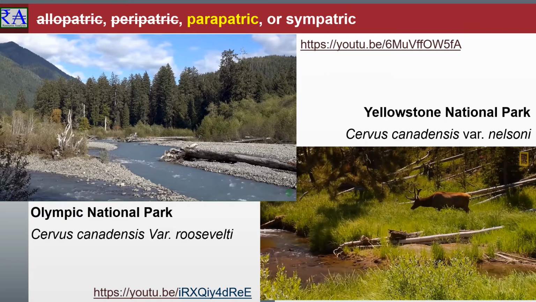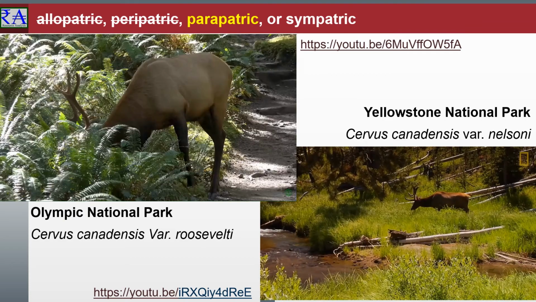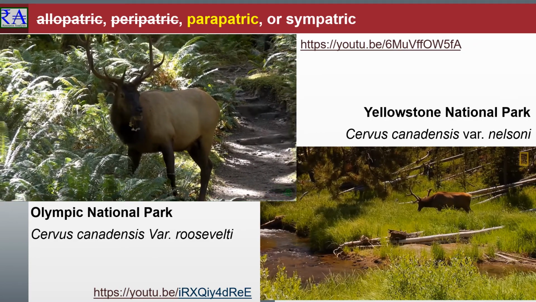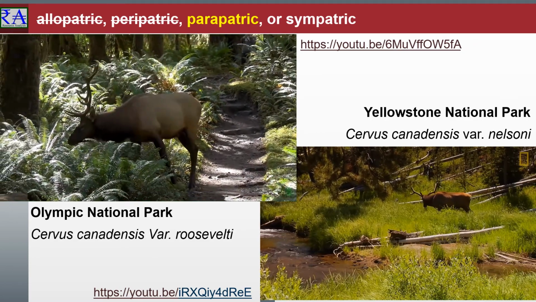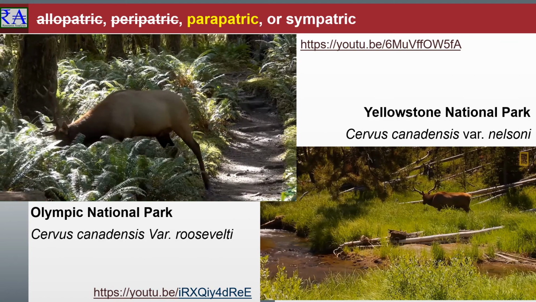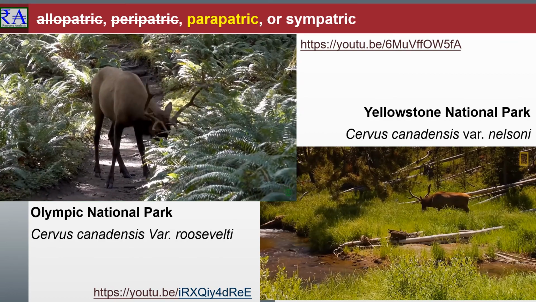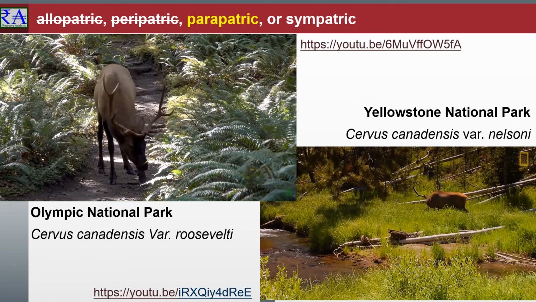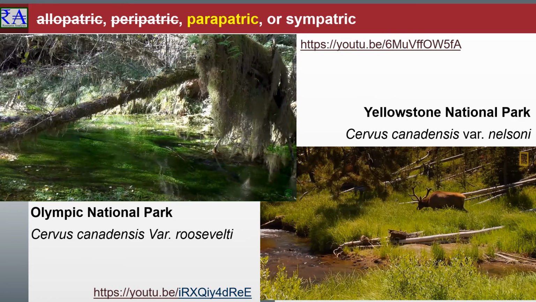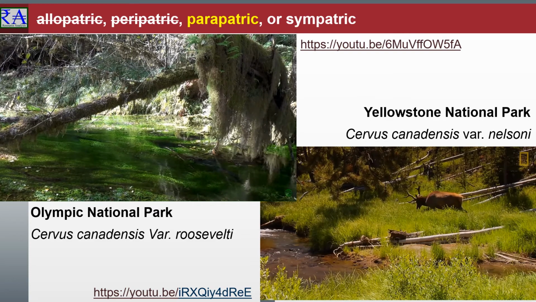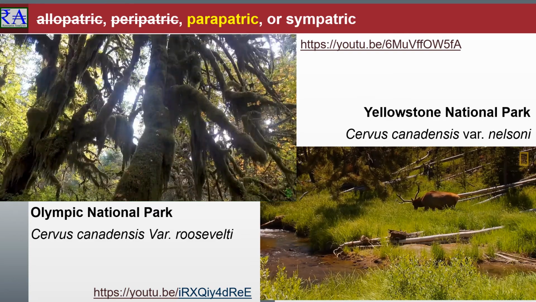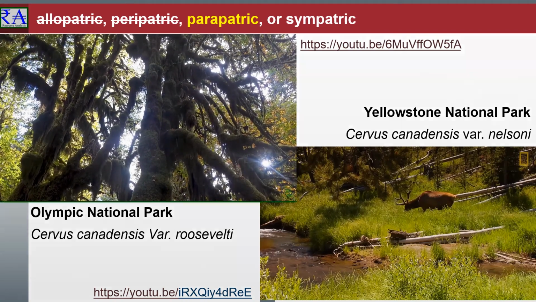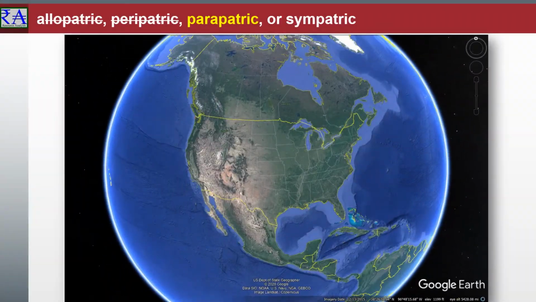So what about Parapatric Speciation? This scenario we explained with Darwin's finches. In Parapatric Speciation, 2 subpopulations of a species evolve reproductive isolation from one another while they partially continue to exchange genes. This mode of speciation has 3 distinguishing characteristics. 1. Mating occurs non-randomly. 2. Gene flow occurs unequally. And 3. Populations exist in either continuous or discontinuous geographic ranges.